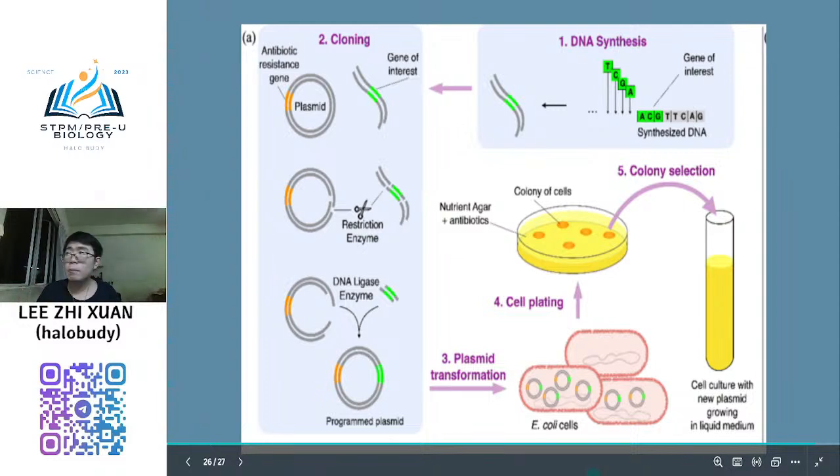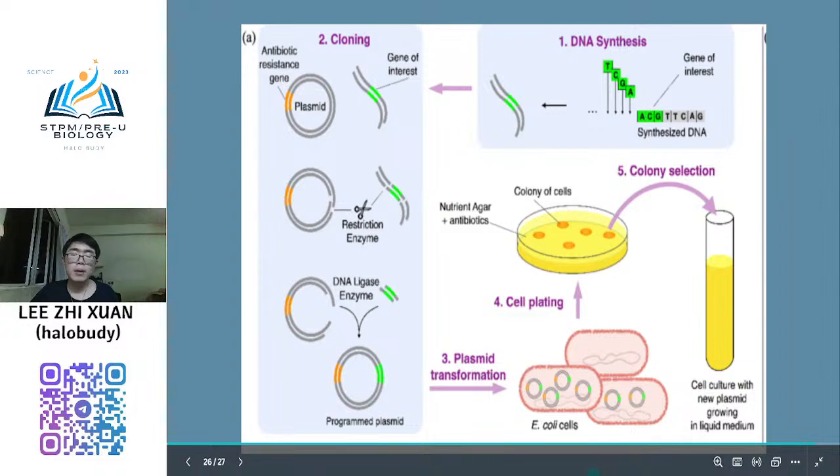If you refer to past years, mainly every 2 or 3 years, it will come out. It will come out, wanting you to write all the procedures in genetic engineering. Normally the marks are 10 marks, 11 marks, and even 12 marks. So normally you use insulin as an example, and another one is plant, and another one is thyroid growth hormone.